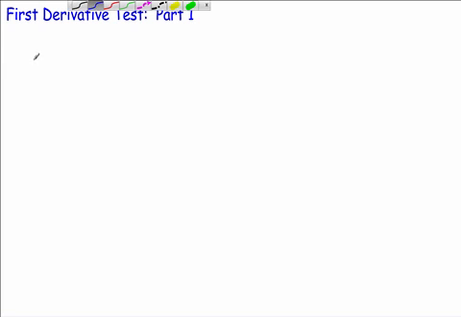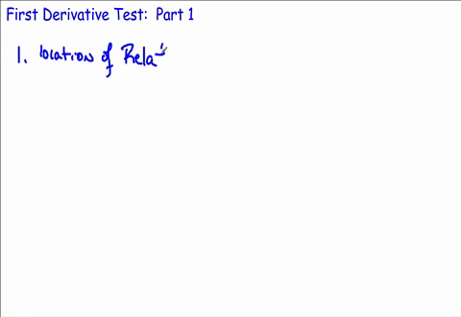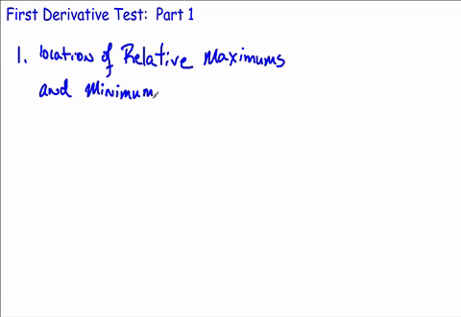Okay, before we get into that though, let's just look at the few things that the first derivative test will actually tell us. The first thing it'll tell us is the location of what we call relative or local maximums and minimums. The second thing it will tell us, and this is important as well,